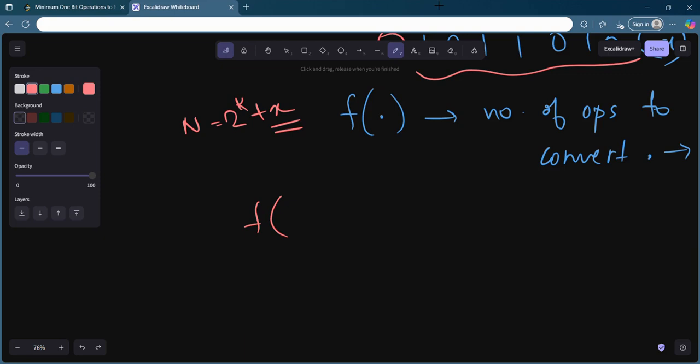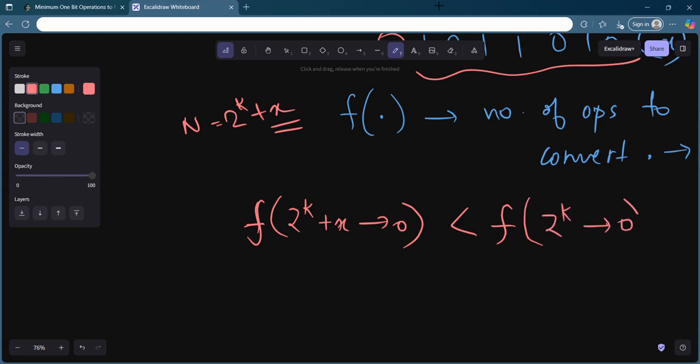So let's say you want to take any number 2 to the power k plus x and convert this number to 0. f is the number of operations which you need to convert this to 0. You will tell me that this is less than f if you want to convert 2 to the power k to 0. Okay, so I hope you understand what I'm trying to do. This number, although it is small, takes a large number of operations. Now, if I try to tell you what is the value of this, if you want to do this,